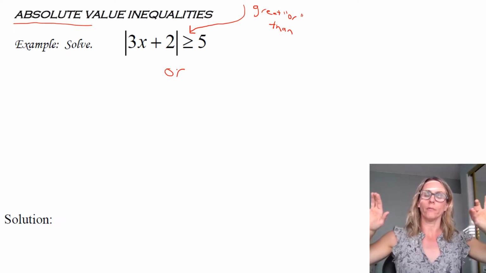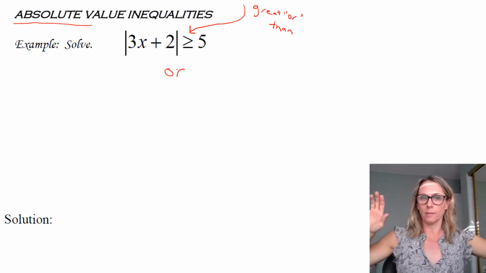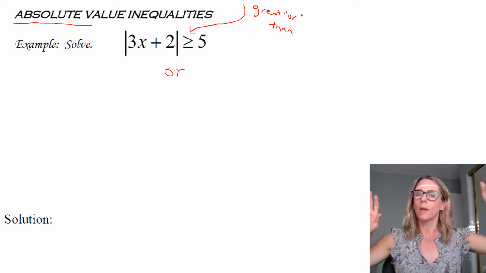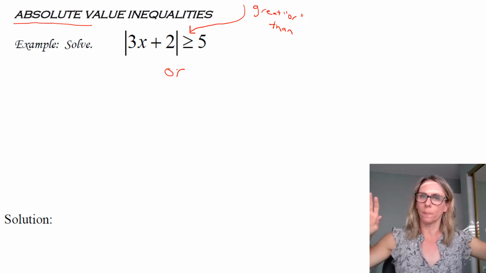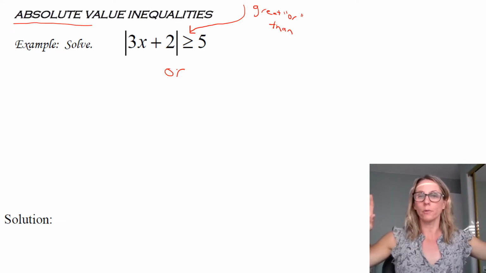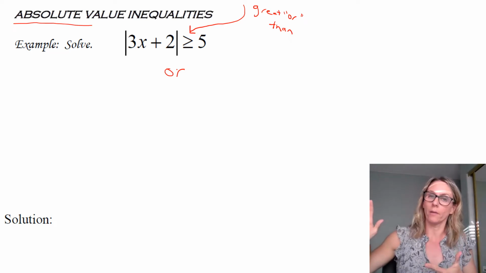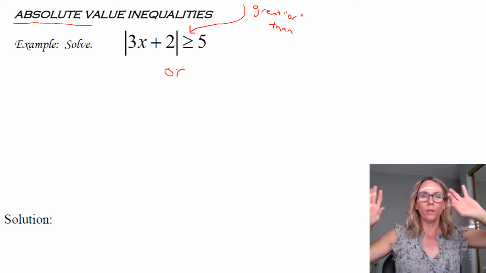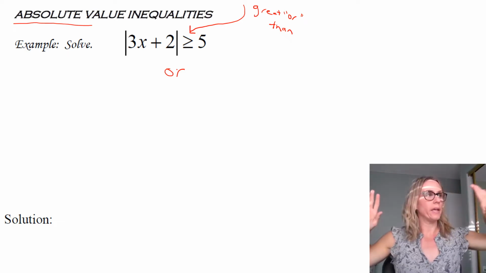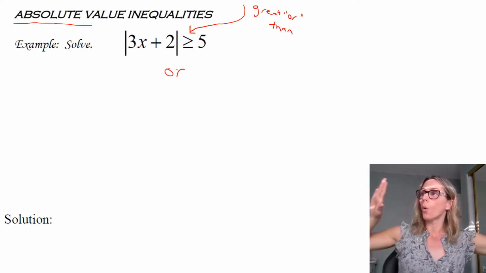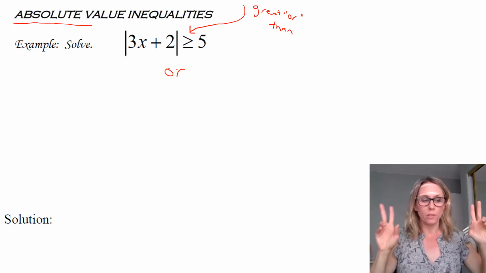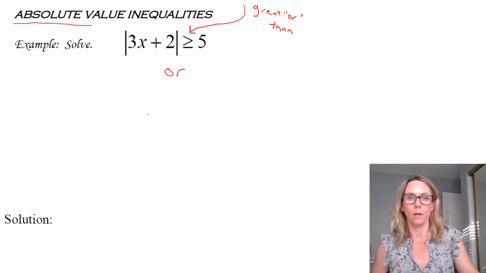However, if you had, for example, a -5 inside, or a -6, or a -10, or a -100, its absolute value is positive. So it's 5 or 10 or 100, which is still greater than or equal to 5. So the values that are possible for this is when the inside is greater than or equal to 5 or less than or equal to -5. So it creates two inequalities,